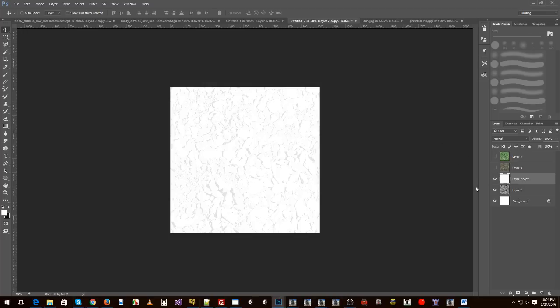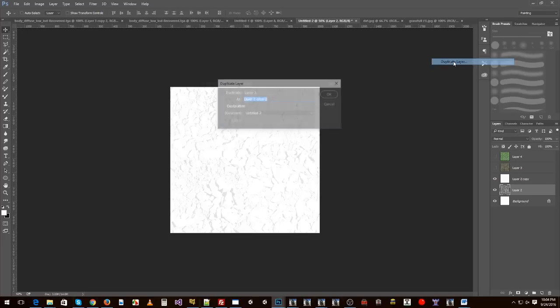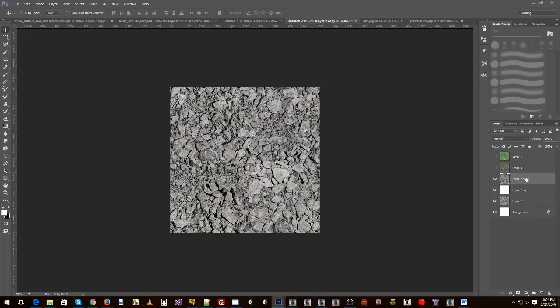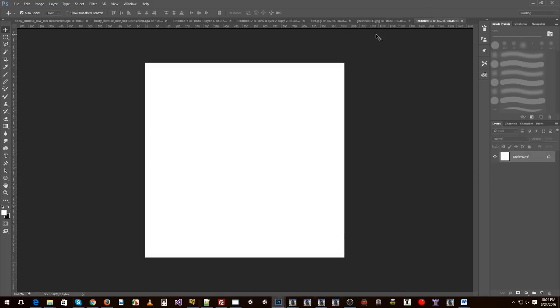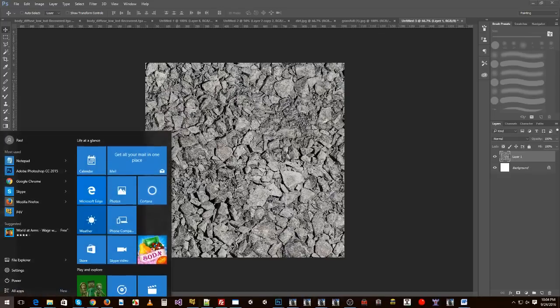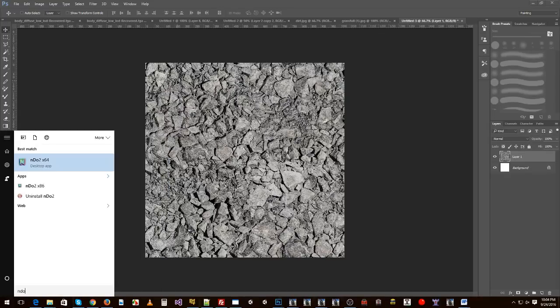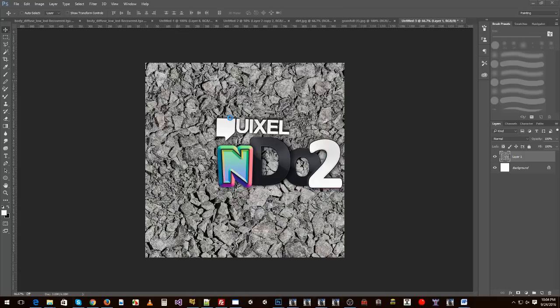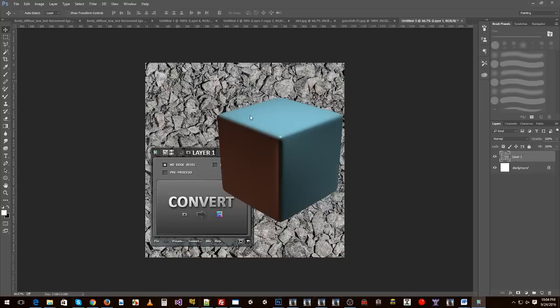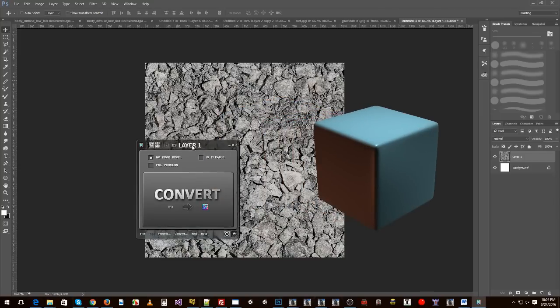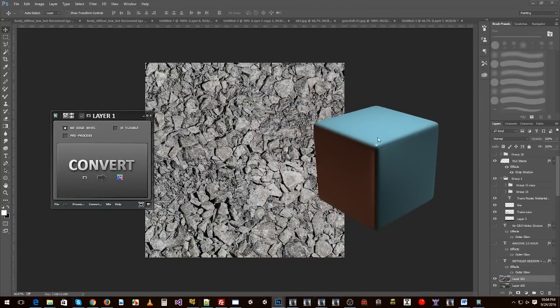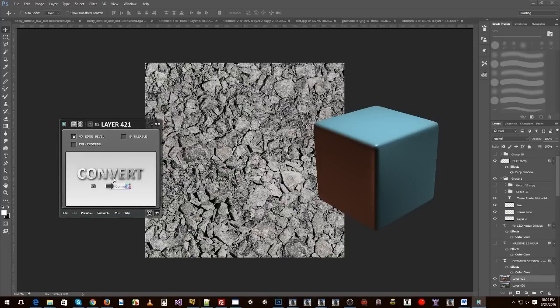So we save that out. And then we want a normal map as well. So we're going to take a copy of this diffuse texture, and we're going to run a program called NDO2. There's plenty of other applications out there that create normal maps if you need them. You can create them from scratch if you like, but this is a pretty handy tool. So it goes with Photoshop. Once you've got the texture selected, load NDO2 up, hit convert,